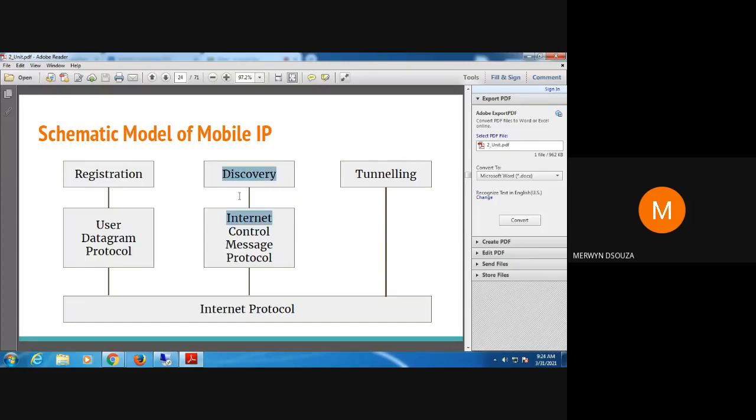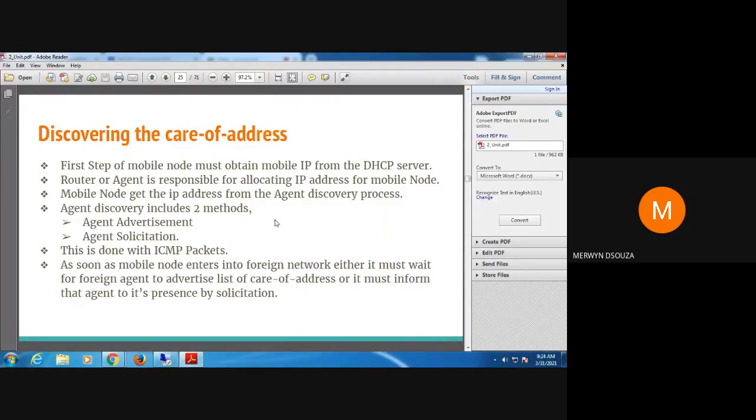Now we are discussing how agent discovery is done. We had discussed it yesterday and we are repeating it again today. There are two methods for discovering the agent: agent advertisement and agent solicitation. Like I told you, this is done using the ICMP protocol, so ICMP packets are exchanged.